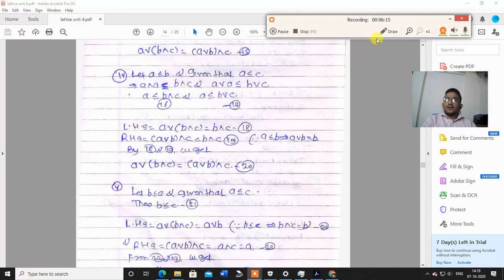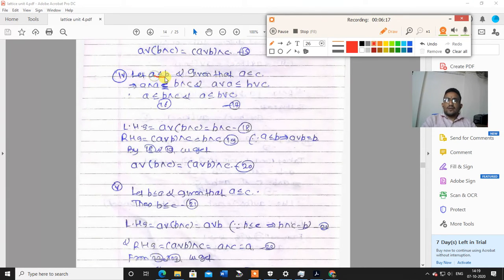Fourth condition here, let A is related to B, and आपल्या काय दिलेलं आहे, we have given A is related to C. So that we can see that by taking meet and join, A meet A is related to B meet C, and A join A is related to B join C. What is A meet A is A. Therefore we can say that A is related to B meet C. So the given equation 16. Similarly, A join A is equal to A. Therefore A is related to B join C. Say the given equation 17.